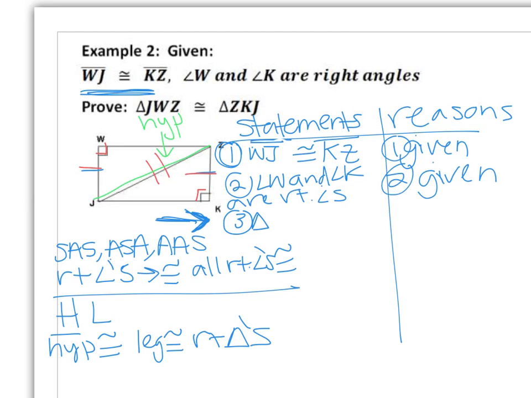So I could say triangle JWZ and triangle ZKJ are right